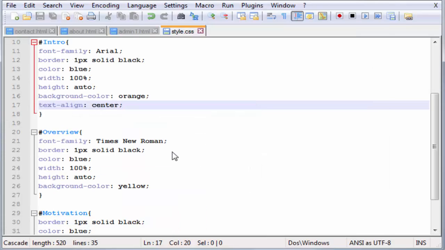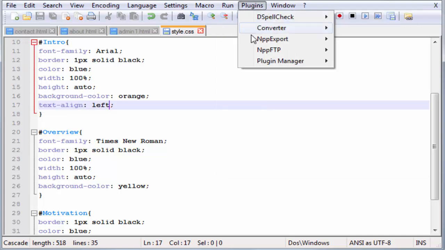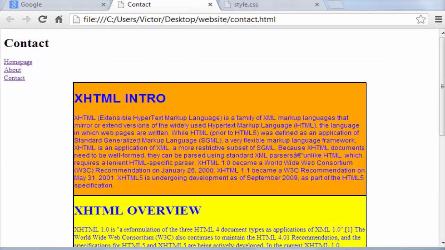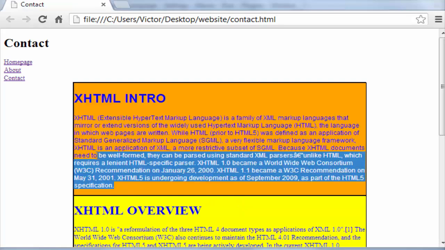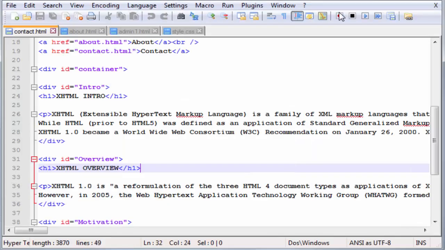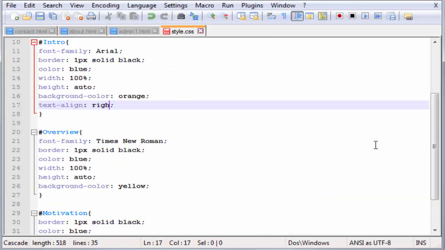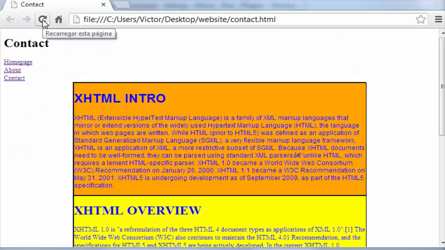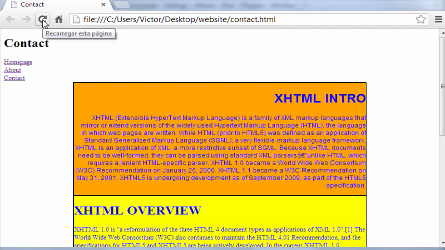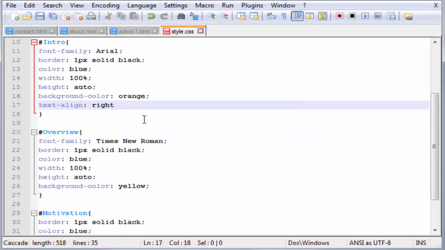Now what we can also do is type text align left, and if we run this in Chrome, this is what we'll get. Everything is on the left. Okay, now we can also type, for example, right, save this, let's go back, refresh it, and everything is to the right. Okay, now for now let's leave this, let's take this out,